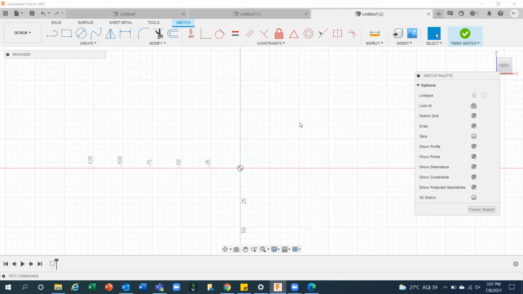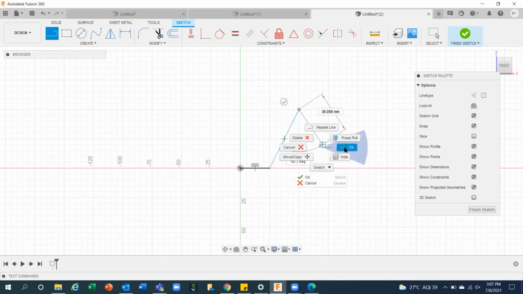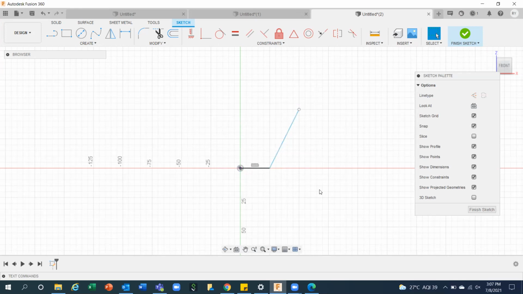Otherwise, the rest everything will be the same. Okay, sir. So now you can choose the line command and create a line from this one like this. Yes, sir. I will do that. Create these two lines. Then go to fillet this one. Sir, 1 minute.